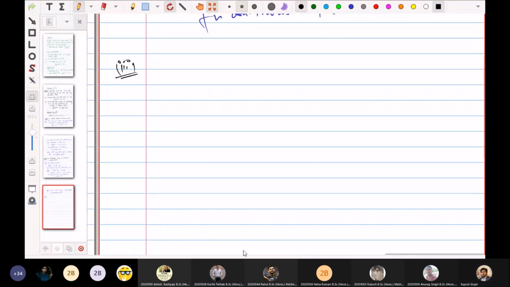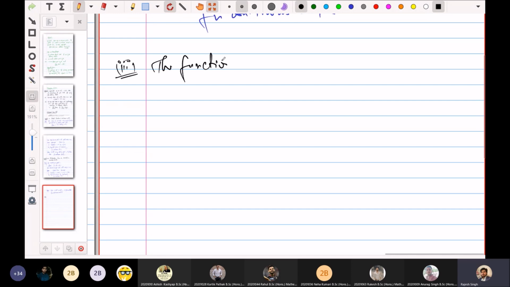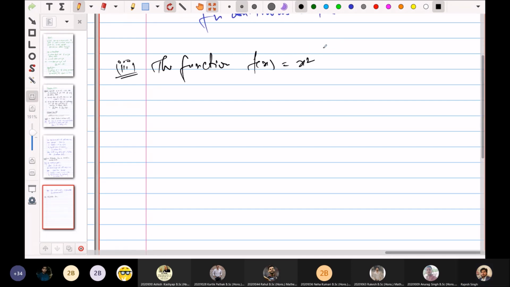Okay, so now let us take another example, x square. The same way you can prove it. The function f(x) equal to x square is,